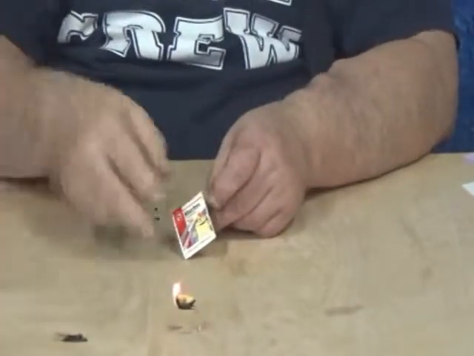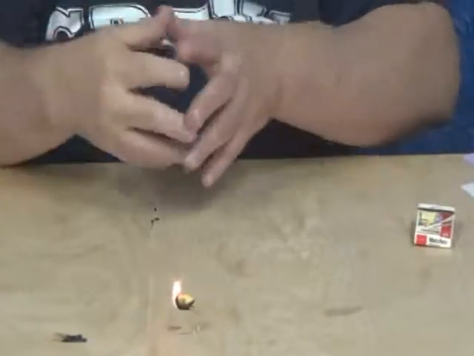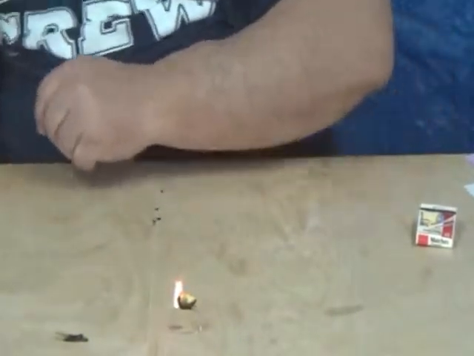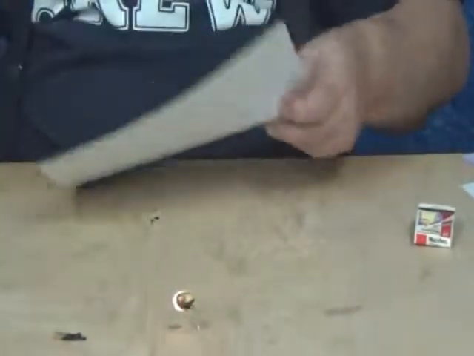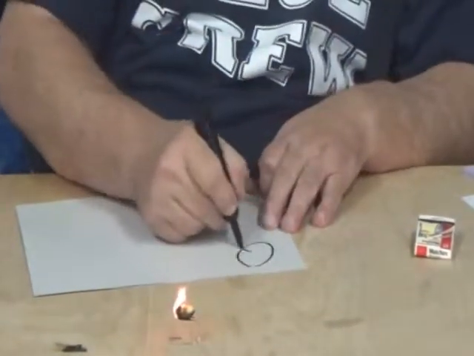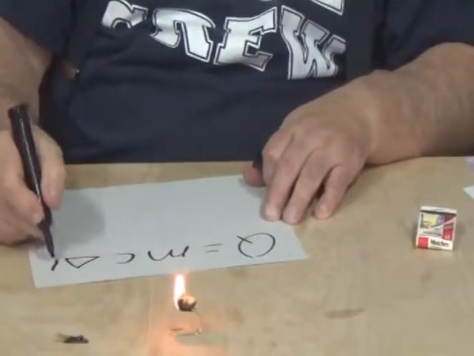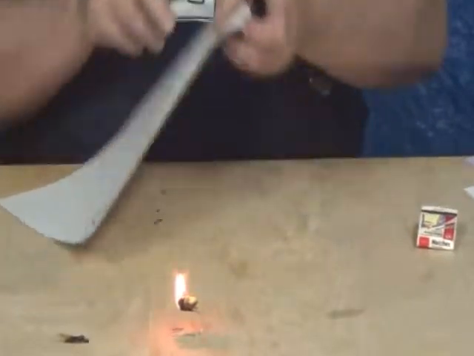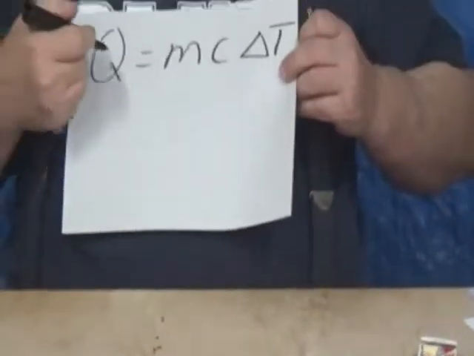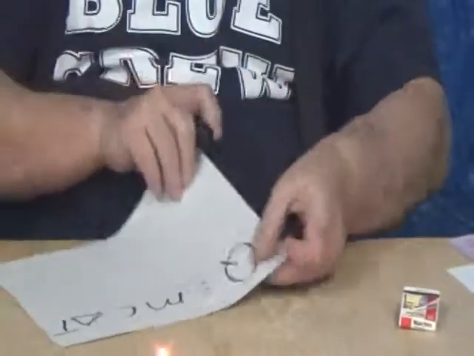And there we have the burning peanut. So, like I said, you would measure this out. While this is burning, we have our friend the equation Q equals mc delta T, where Q